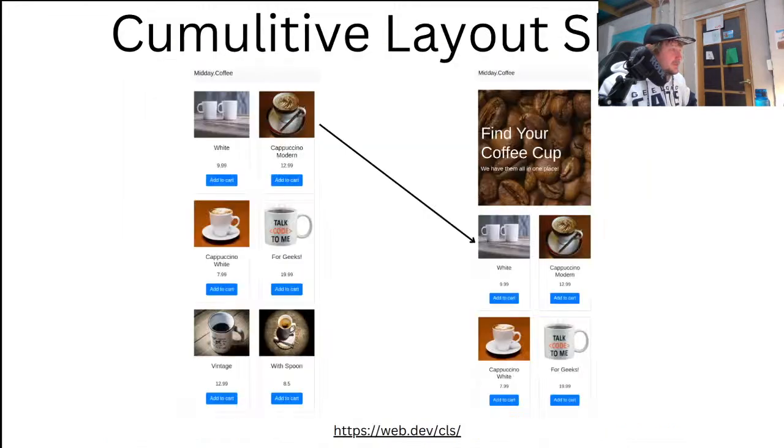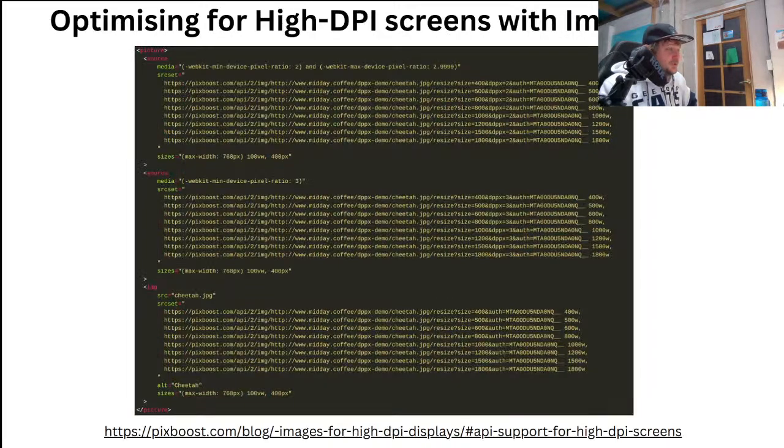So yes, that's pretty much it for the high DPI screens and what we can do with images. Again, when it comes to high DPI screen optimizations, I don't think that you would just apply it blindly everywhere. The main reason behind it is